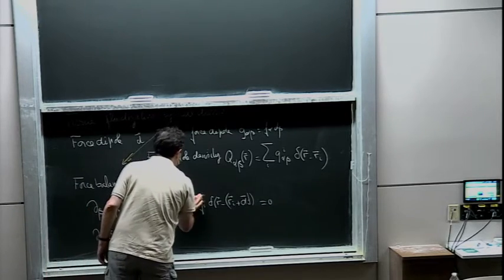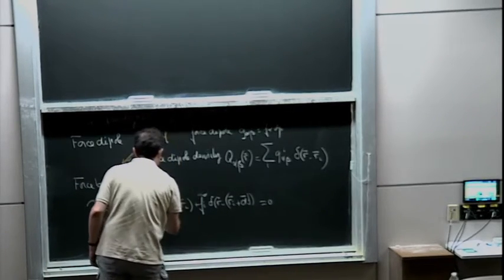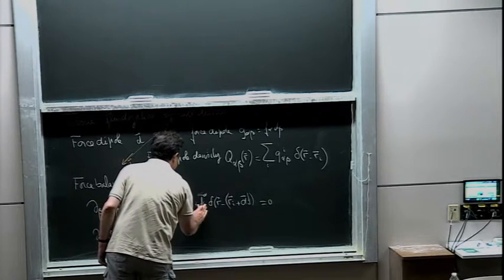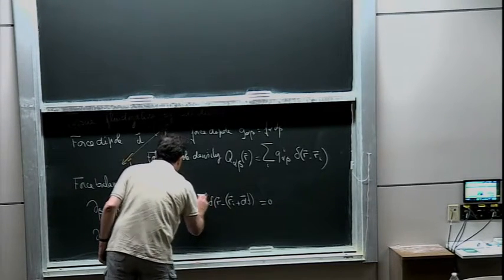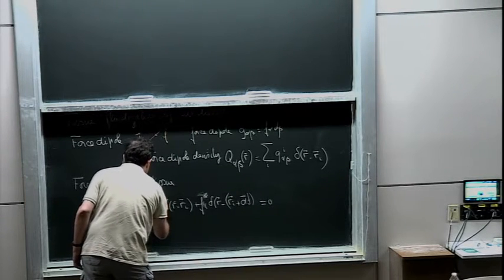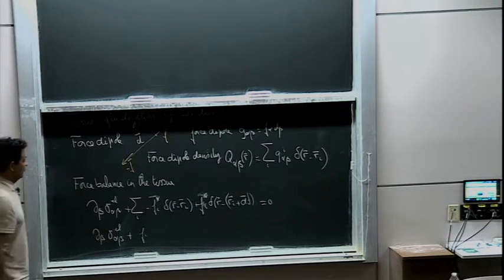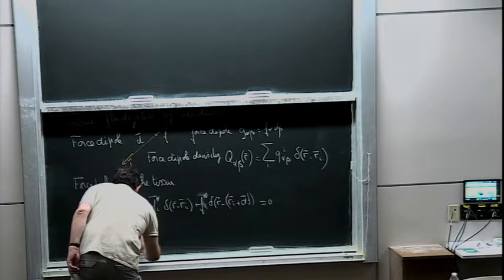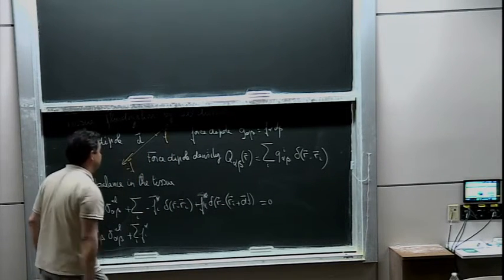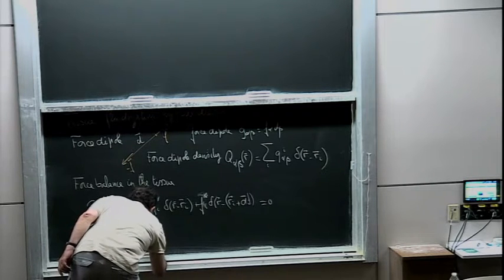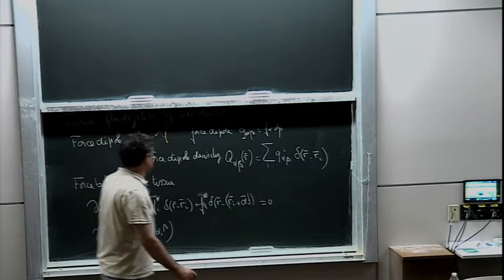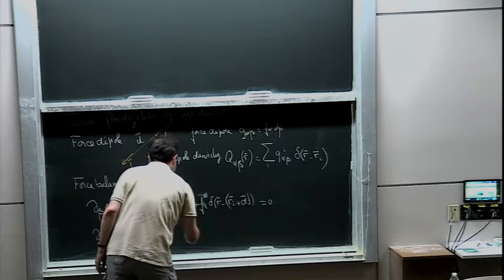I should put F_i^α here and F_i^α, because I write the components. So I want to expand here. So sum over i, F_i^α. Then I will have d_i minus d_i^β. And then the derivative of this function here,